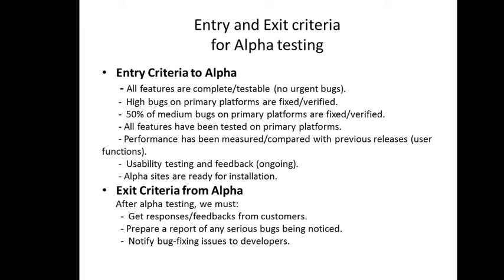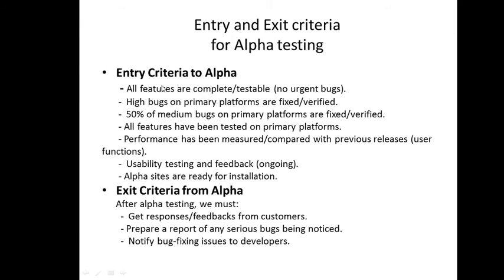So ultimately, you can see the major 2 points are usability testing and feedback is ongoing, because prior to this, in the system testing, the last type of testing we did is usability. So while we are carrying out this usability testing, which is a part of system testing, and the feedback is going on, the next step will be your acceptance testing, and the first is alpha, right? So once this is going on, then we are going to start with the alpha. This will become the entry criteria, and alpha sites are ready for installation.